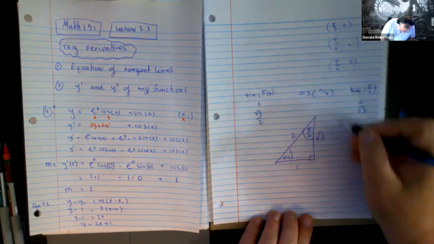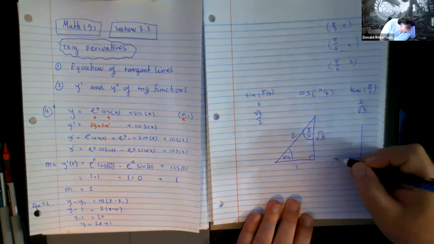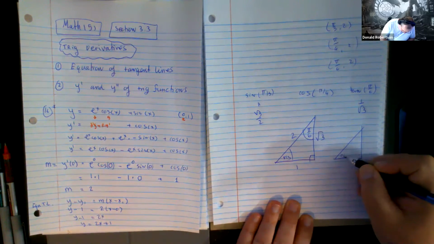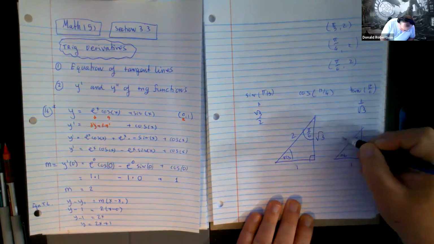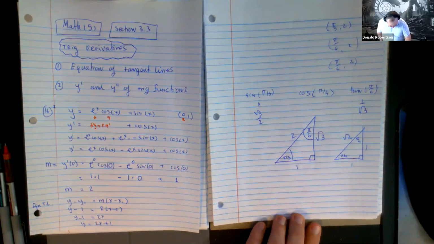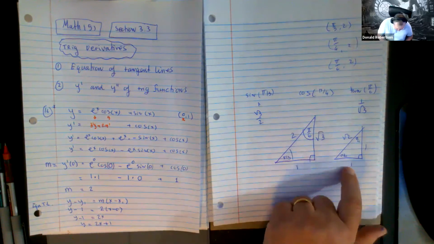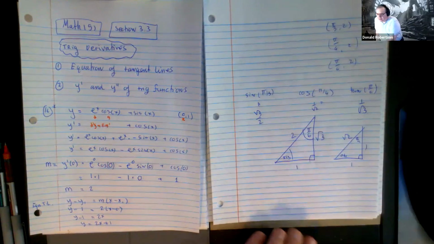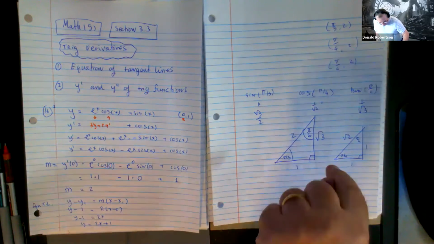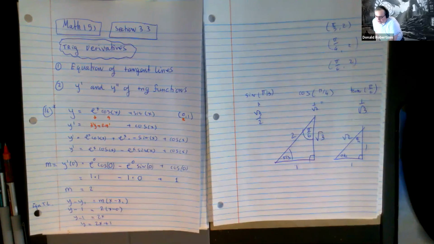If you want to do the pi upon 4 one, there's a triangle for that guy as well. And it's the 1, 1, root 2 triangle. And if you wanted to know the cosine, it'd be 1 over root 2, which you can then tidy up. So you can either memorize these two triangles, or you can have your unit circle handy and have that one